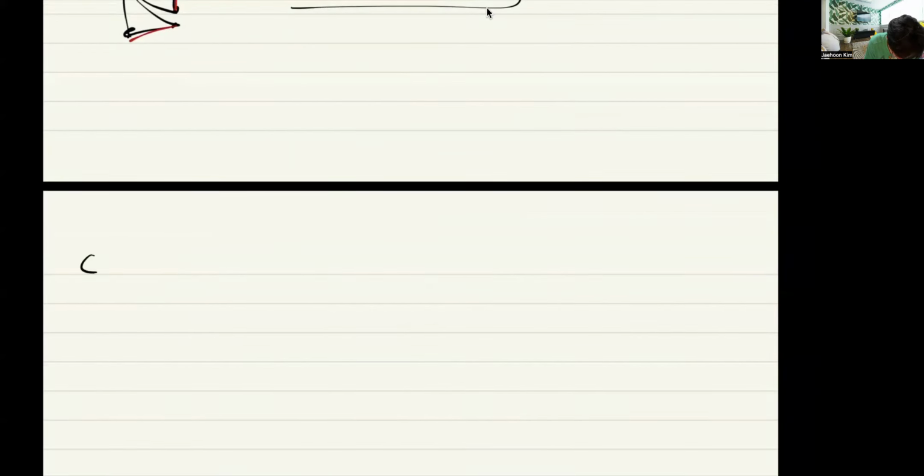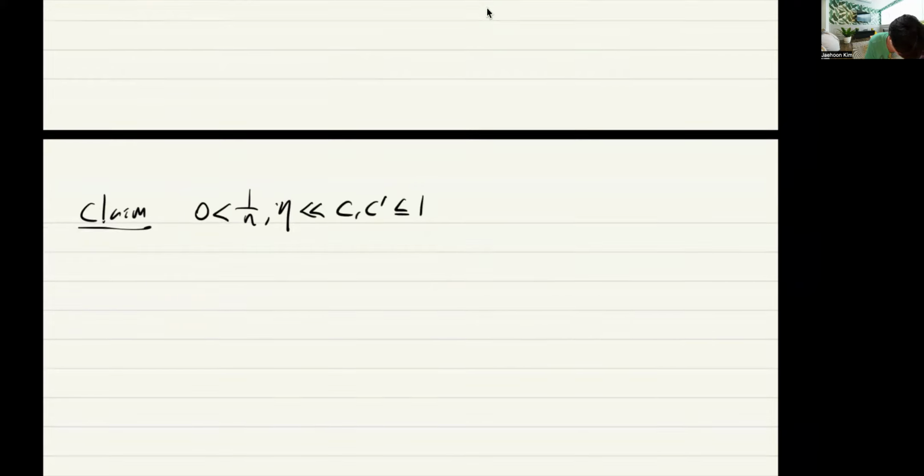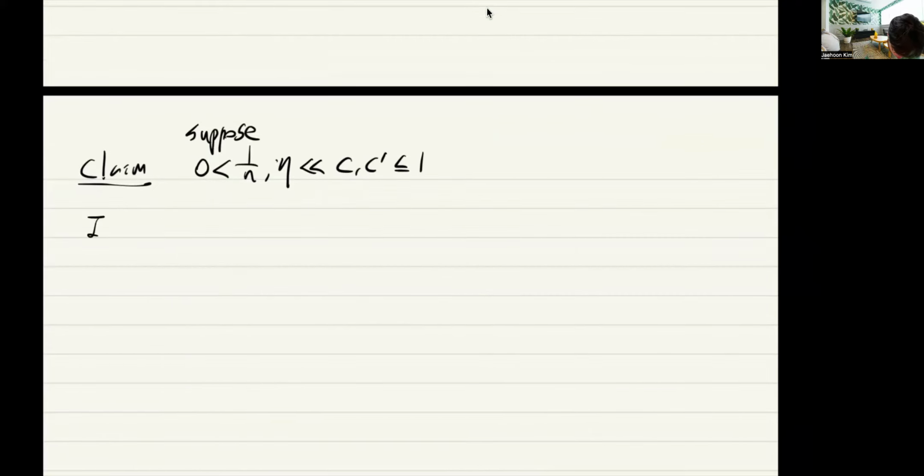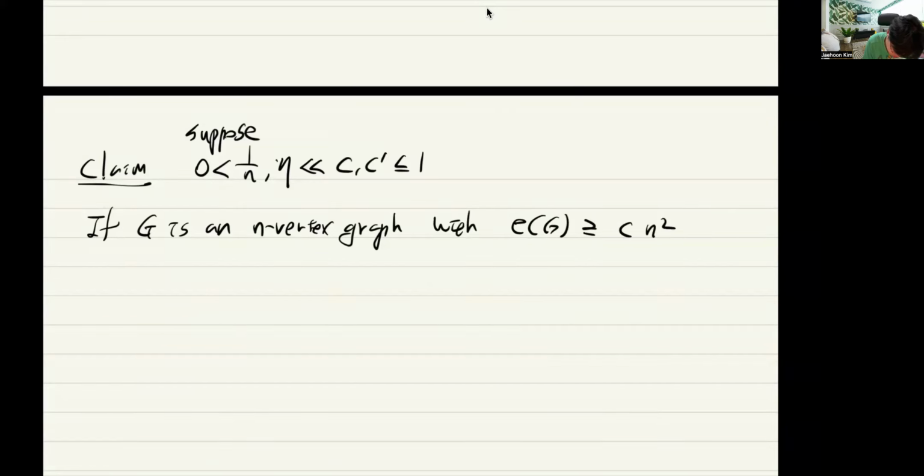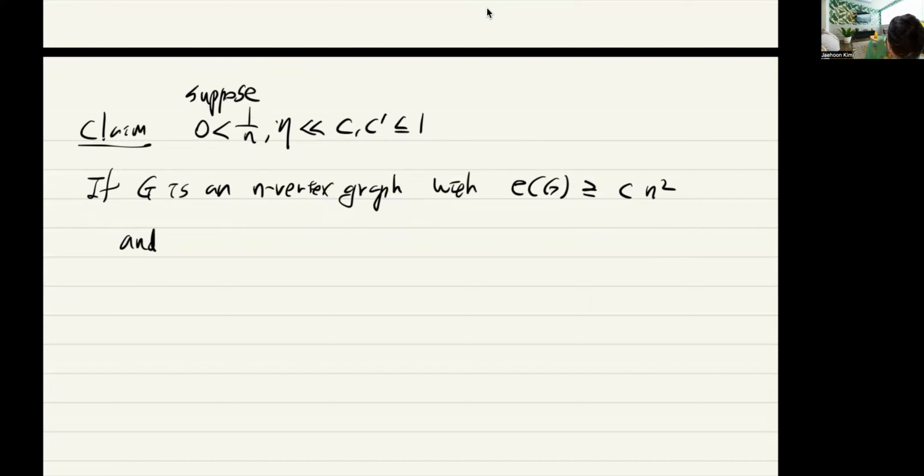Then what? Now the following claim. So for any, say, C and C prime, let's write it this way. So it is the following. So if n is small and eta is also small, then n and eta are sufficiently small. If H is an n vertex graph with the number of edges being at least C times n squared, and this edge is